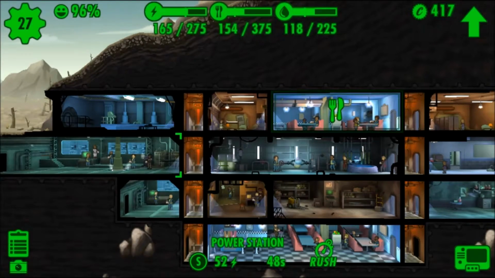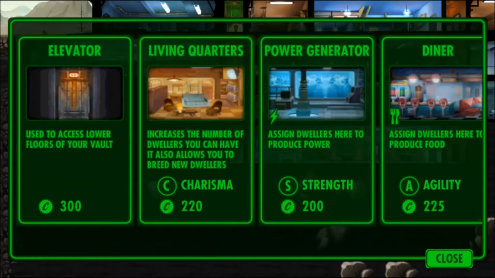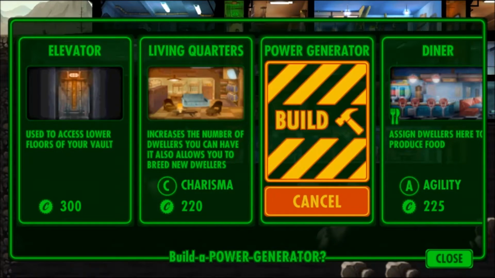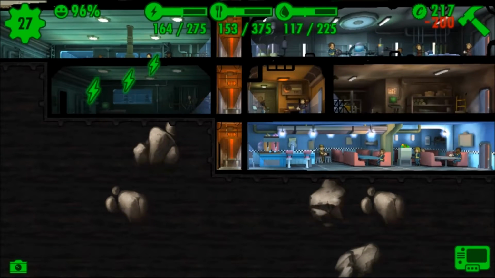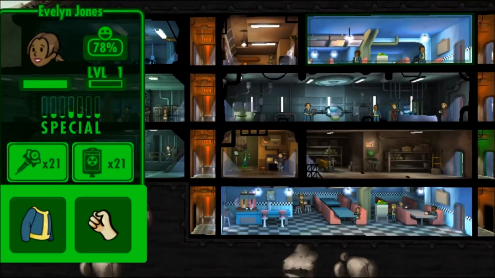If you look at the power, it's still going down no matter what. Actually, let's go ahead and do that really fast. Let's put another power generator and build that right here, and extend this out, and that should hopefully help a little bit more. The biggest thing at this point is just making sure that we can get...